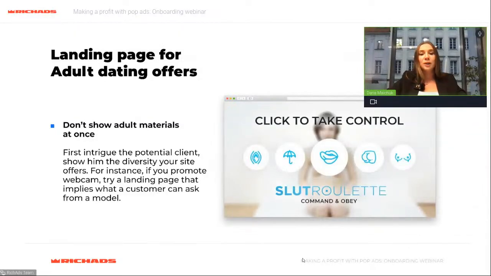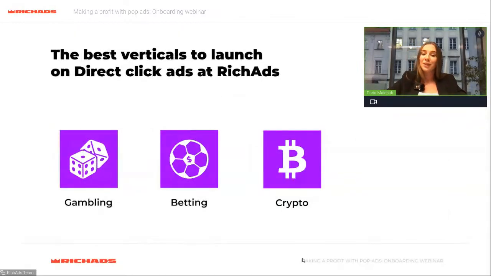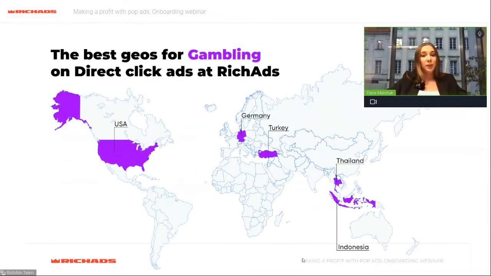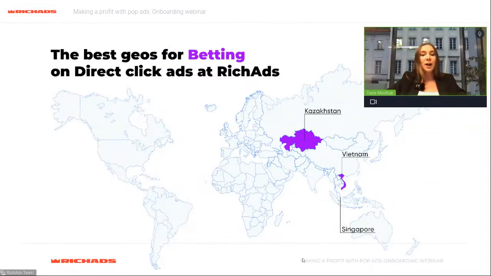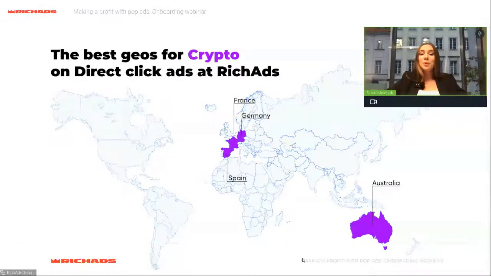As a bonus for our dearest viewers, we have also collected the best verticals and geos at RichAds for the new format, direct click. The most trending verticals now are gambling, betting, and crypto. If we speak about gambling, the countries to pay attention to are Thailand, Germany, Indonesia, Turkey, and the United States. Betting continuously shows nice results in the following Asian countries: Singapore, Kazakhstan, and Vietnam. Last but not least, crypto vertical will bring you more profit when launched in such countries as Germany, Australia, France,